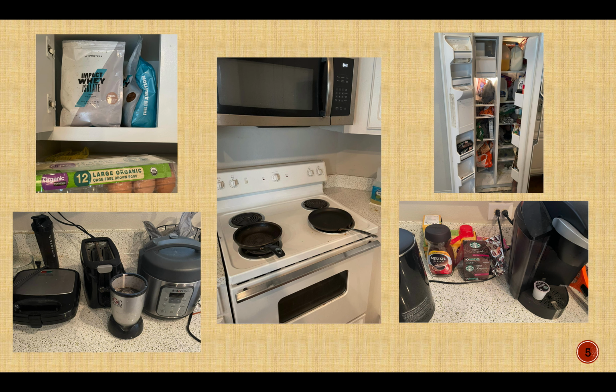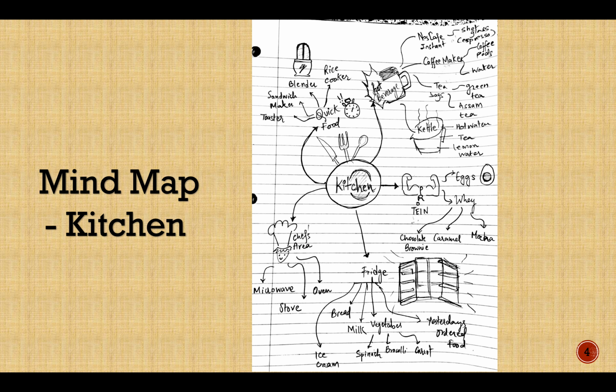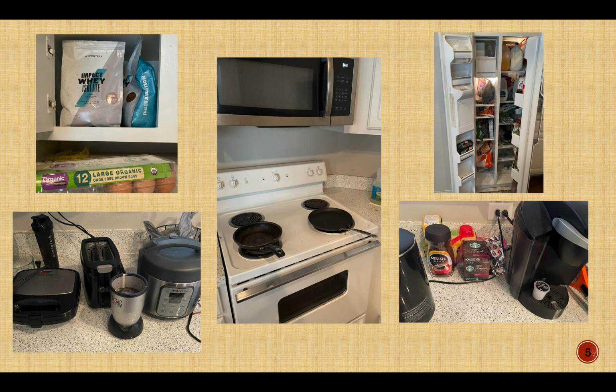This is the last middle image that you have. And that's how I've represented these five images using a mind map. This is also something I use for finding things. For example, if I want to find anything protein rich, I'll go have some eggs and maybe a protein shake, and if I want to do something quick, then I'll quickly go make a sandwich. And that's how I've created this mind map. So yeah, thank you.